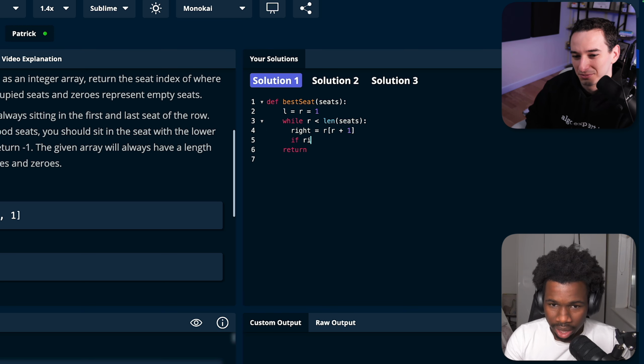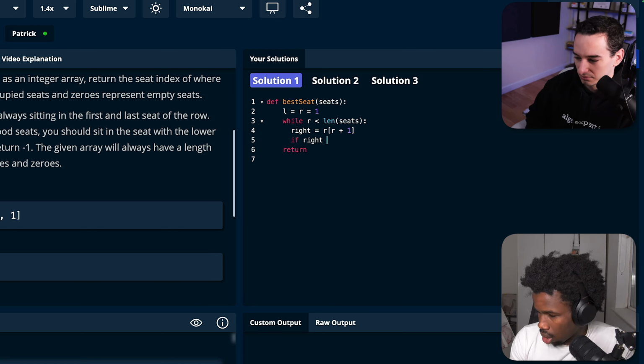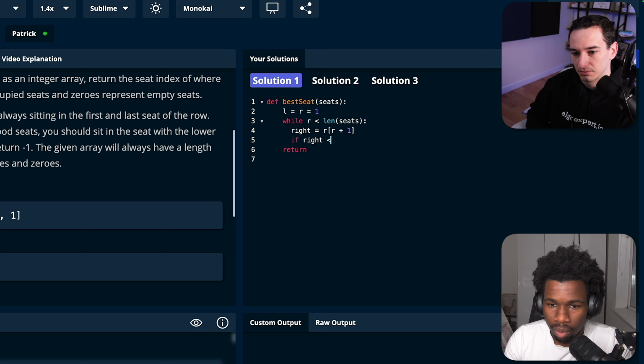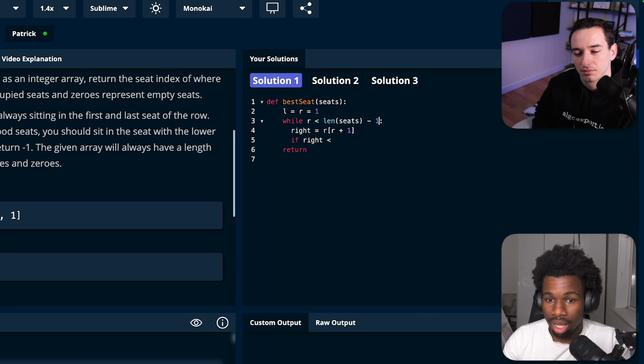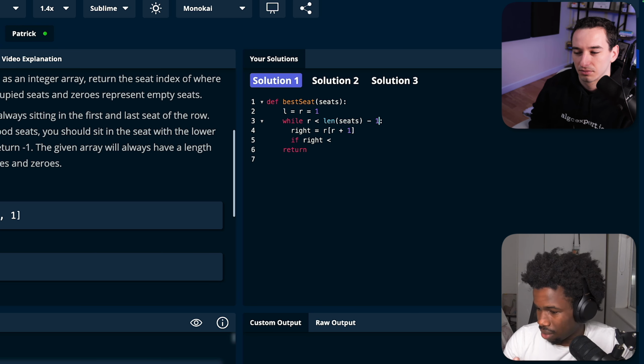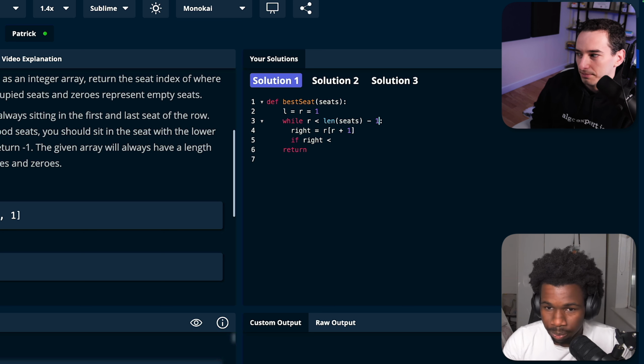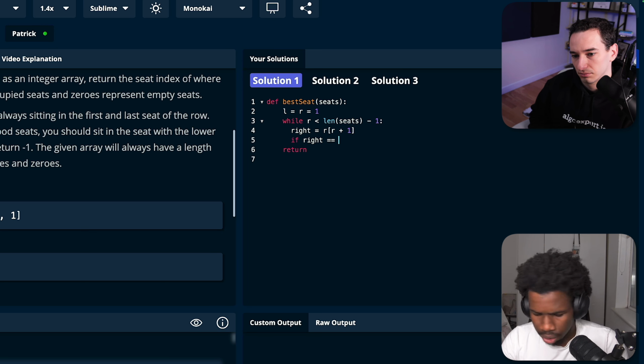But I'll see if right is, I'm going to see if it is less than, we're going to be checking the right. So I'm going to say R is less than len seats minus 1 because we're going to be checking the last index in the last iteration. We don't want to go out of bounds and have any errors there. So, okay, if right is equal to integer 1,